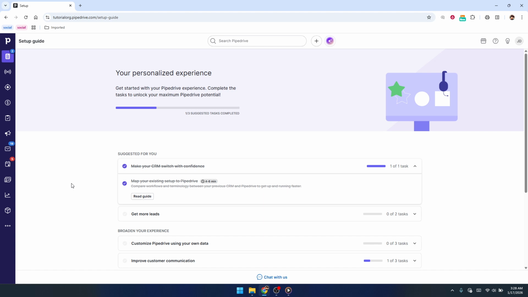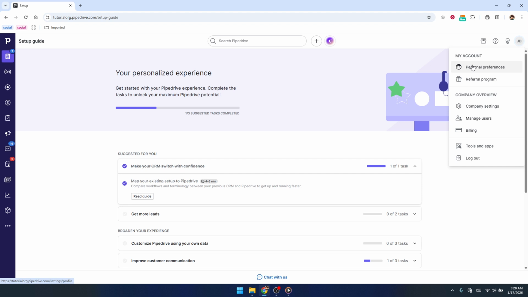First, make sure you're logged into the Pipedrive web app in your browser. Once you're on the main dashboard, look to the very top right corner of the screen. You'll see your profile picture or your initials in a small circle. Go ahead and click on that. This is where Pipedrive keeps all of your personal and account-related options, and it's the starting point for adjusting your